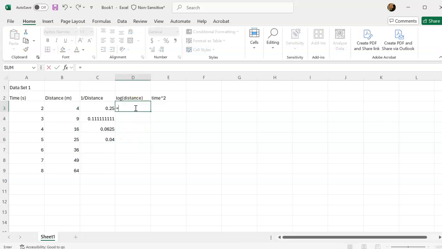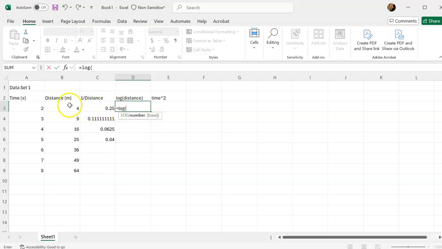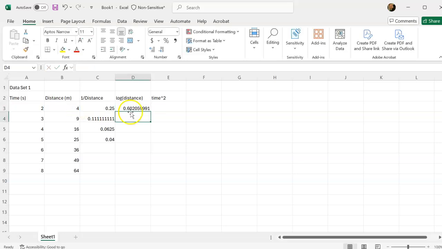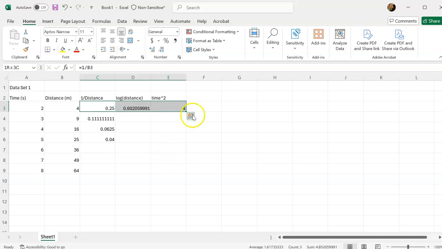This one I want it to be the log of that, so when I type log, you notice it gives me options, and I'll just do log, and it'll default to base 10, and I'll do log of the distance. Don't have to close parentheses, it'll close itself. And then this one, I need to be careful. I'm not doing distance squared, I'm actually doing time squared. And so I have these 3,